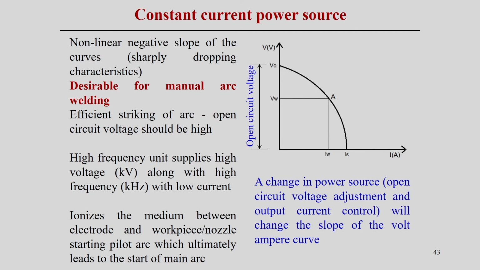So, constant current power source means that in these machines we normally keep the current constant. We preset the current value as a constant, but during the welding process there may be a change of the arc length. If that happens, it will be adjusted by the change of the voltage, because arc length is more associated with the voltage. So, when there is an arc length change, the voltage changes quickly accordingly, but the current remains more or less constant. This type of power source is very much suitable for the manual arc welding process.